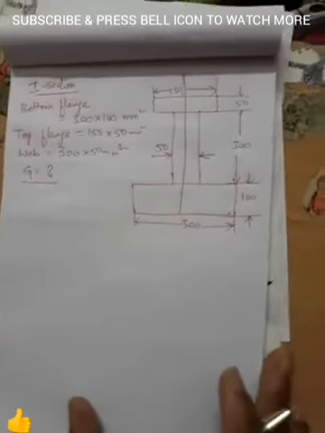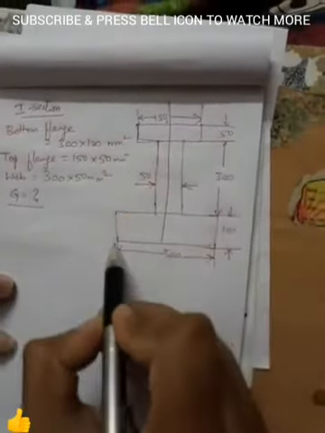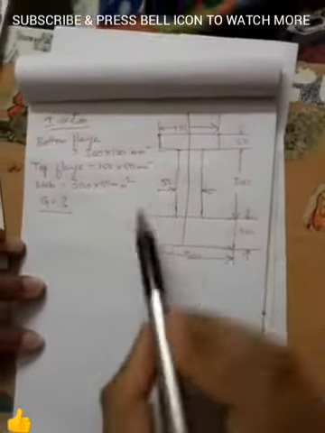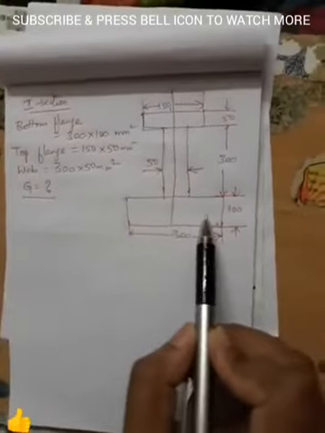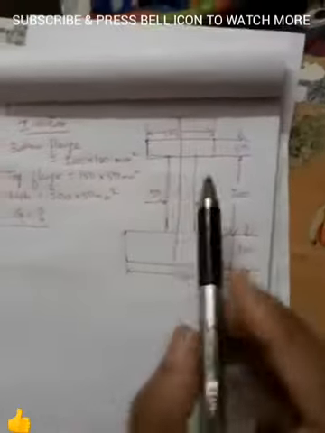We are seeing an I section here. I section is something like this. These particular horizontal portions are called flanges. The bottom flange area is 300 by 100 as given. The top flange is given as 150 by 50, and the web, the one joining these two horizontal portions,